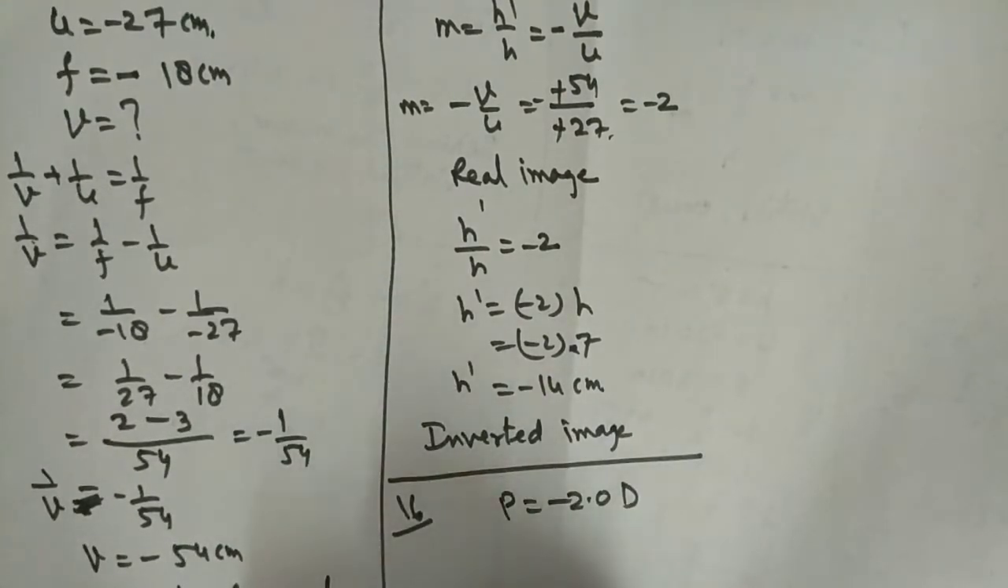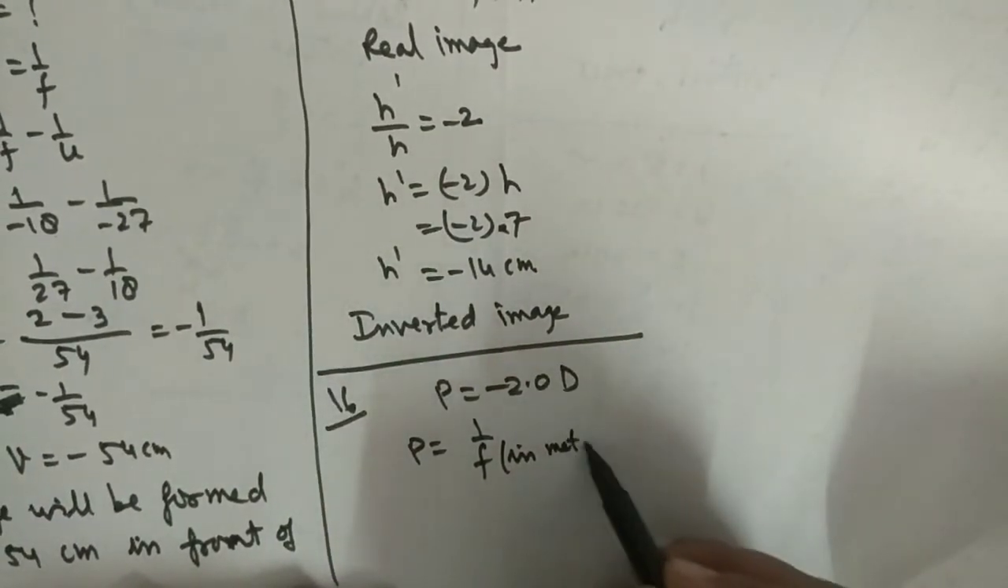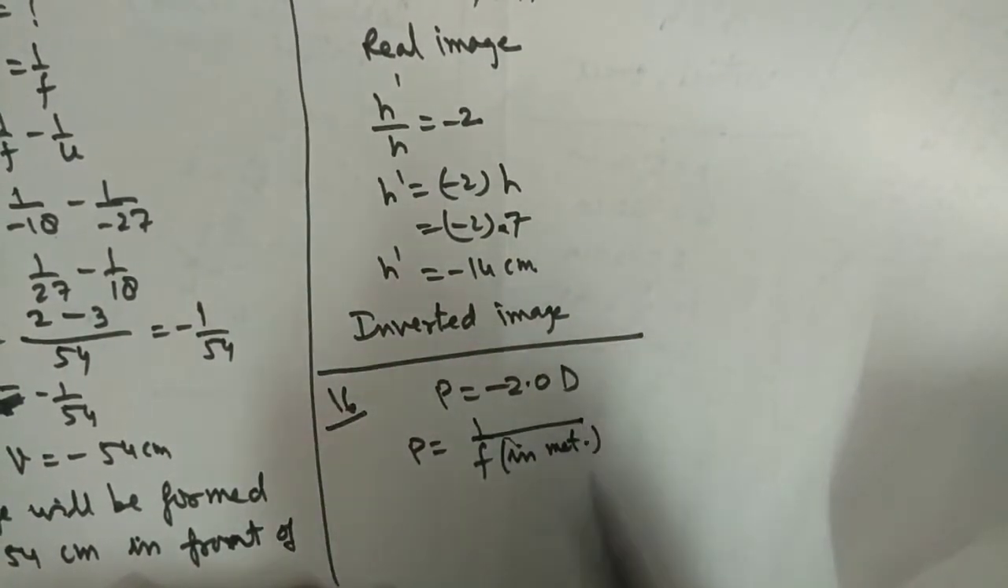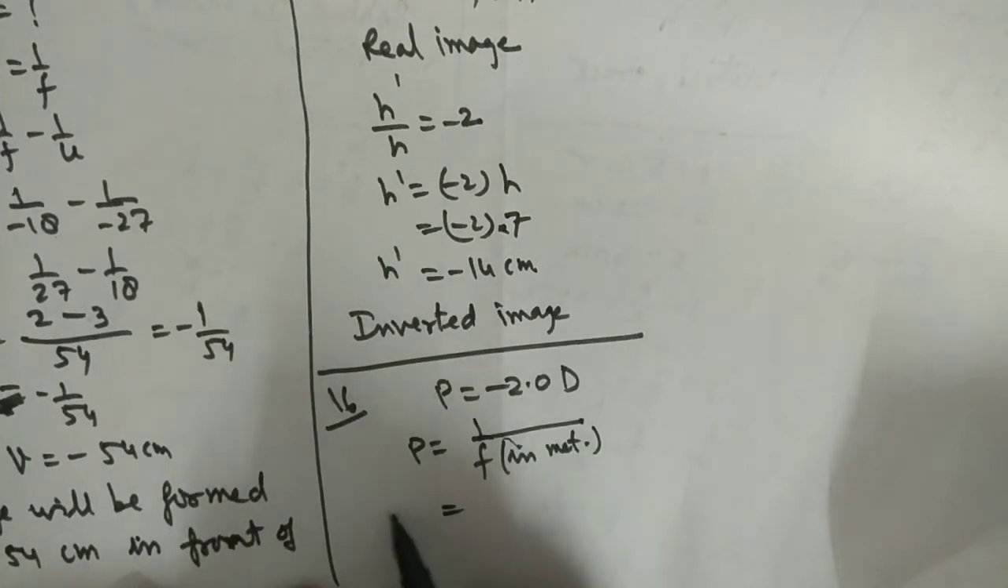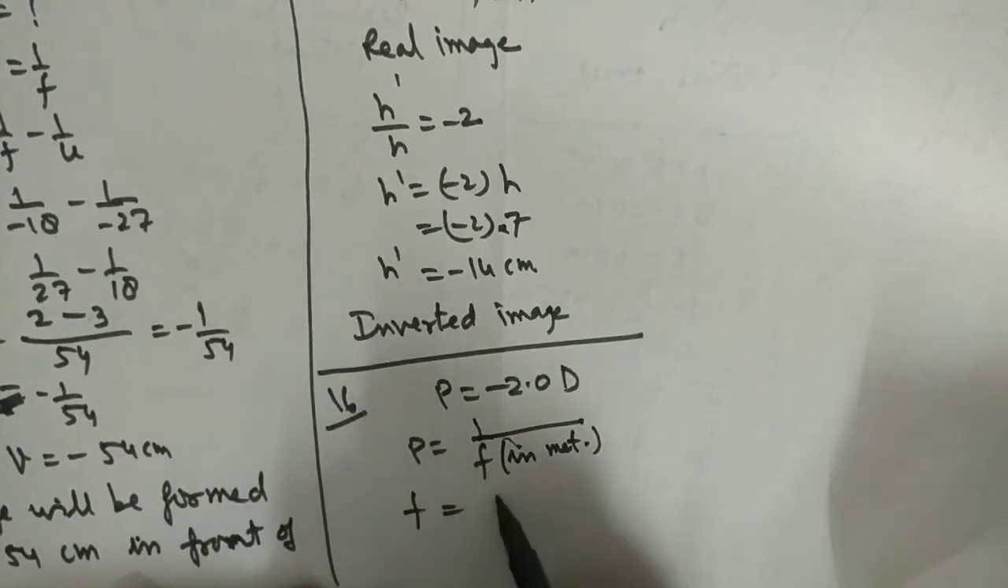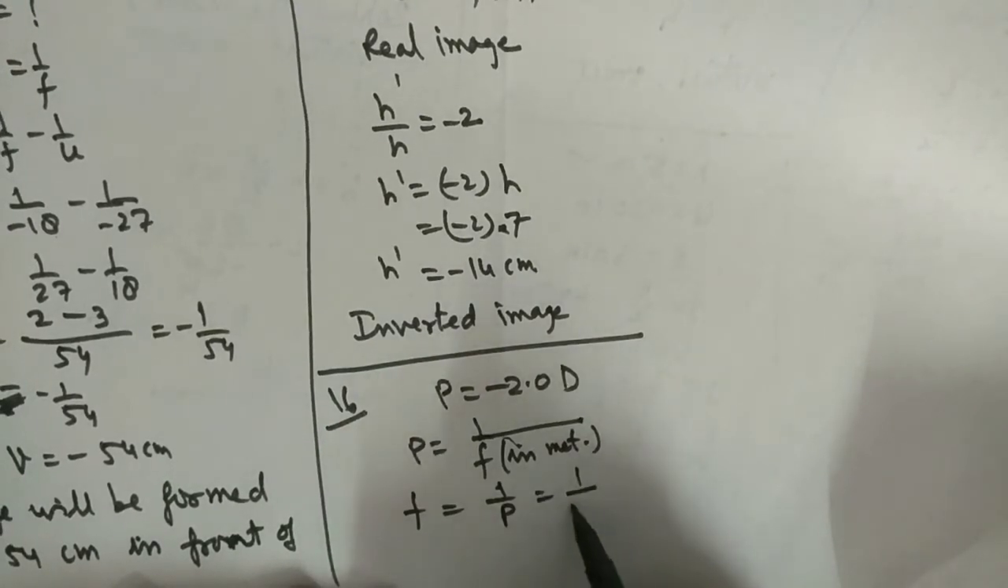You have to find what type of lens this is. First of all, you have to find the focal length. You know the power is equal to 1 upon focal length in meter. Okay, this is the formula. Now it means the focal length is equal to 1 upon p, that is 1 upon minus 2.0,